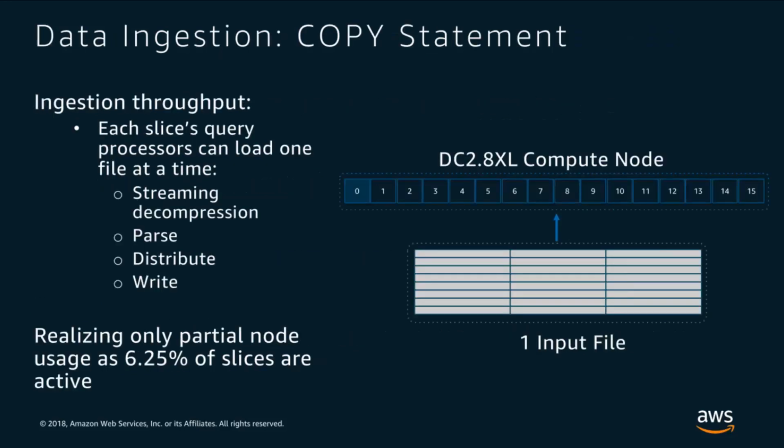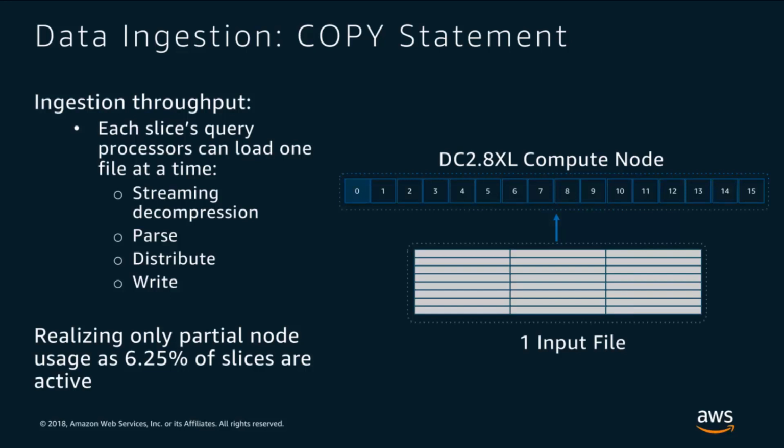The next is our copy statement. This is the typical way that most customers ingest data into Redshift. In this particular example that I have here up on the screen, I have one of our DC2 8XL nodes, which has 16 slices. And I have a single file, we'll say is on S3 here. And if we were to run our copy statement and say, hey, Redshift, please copy this file off of S3 and into the compute node, what's going to happen is one of the